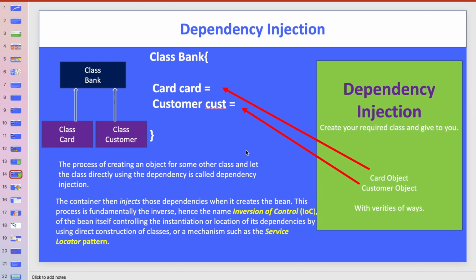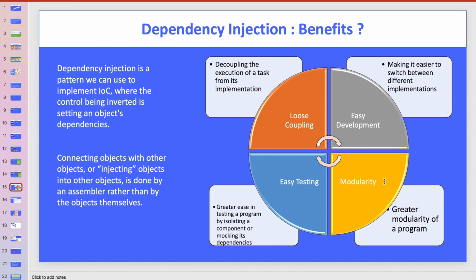You can also consider this as the service locator pattern. Means the service will be created by some other component, and it is being used by some other component, right? So both are independent of each other, means we can achieve loose coupling here. And these are the benefits of dependency injection. Means it is loose coupling, means there is no hard connection between the bank and the customers.